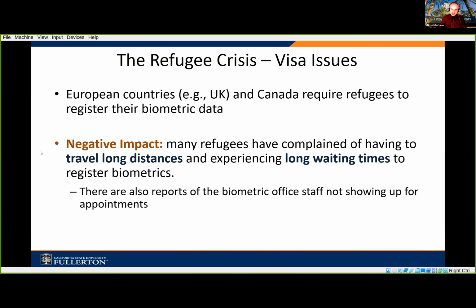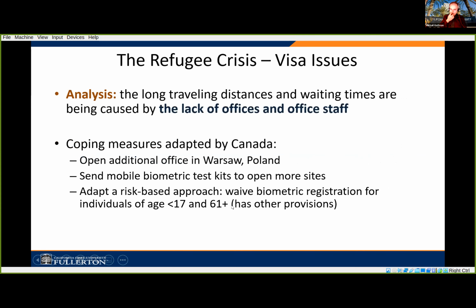There have also been reports of the employees of the office not even showing up for their appointments, which caused further distress for the refugees. So, as a way to cope with some of those challenges, the countries try to adopt some measures. Those measures are meant to address the fact that there are just not enough offices and office staff. One example is that Canada has opened an office in Warsaw, Poland,